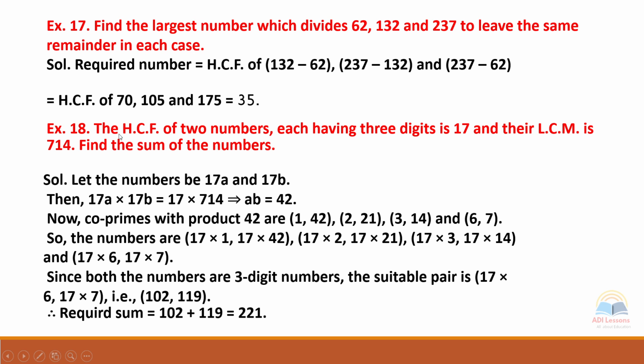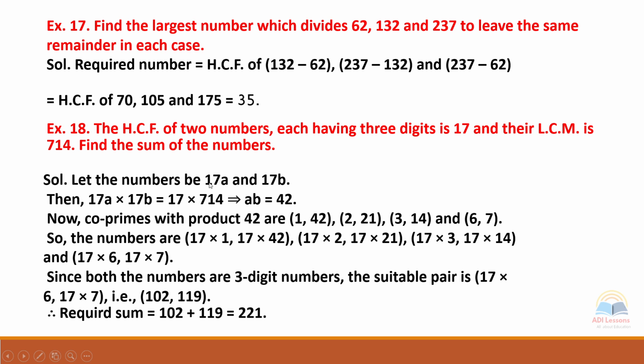ద హెచ్సిఎఫ్ ఆఫ్ టూ నెంబర్స్ ఈచ్ హ్యావింగ్ 3 digits is 17 and their LCM is 714. Find the sum of the numbers. ఇక్కడ 2 నెంబర్స్ హెచ్సిఎఫ్ అలాగనే ఎల్సిఎం ఇవ్వటం జరిగింది. ఆ 2 నెంబర్స్ కూడా 3 digit నెంబర్ అవుతుందంట. ఆ 2 నెంబర్స్ని యాడ్ చేస్తే ఎంత అనేది మనం ఫైండ్ చేయాలి. సో